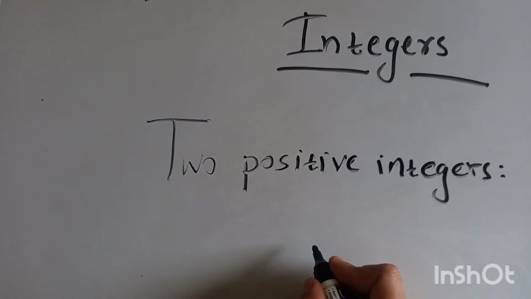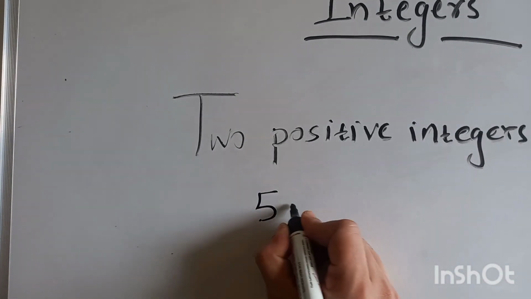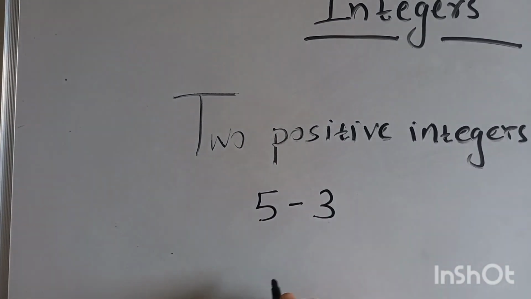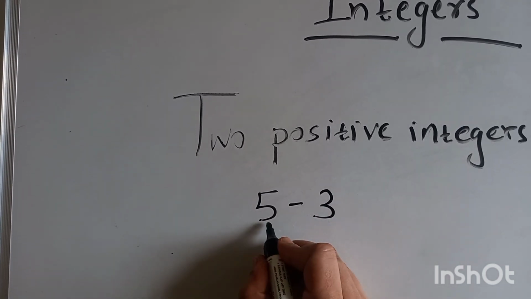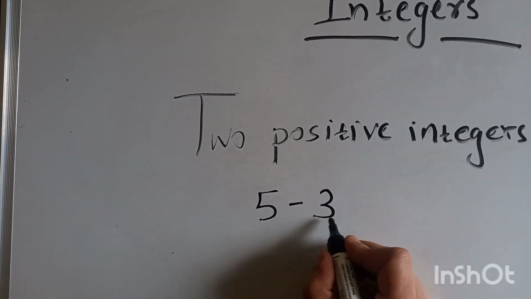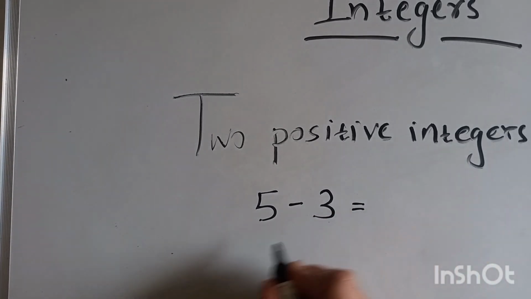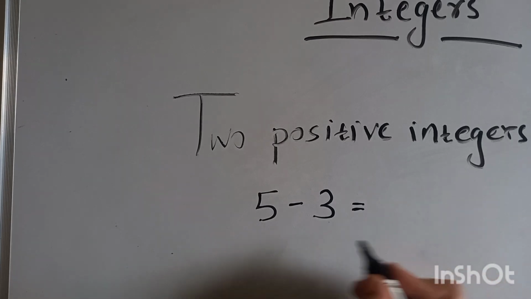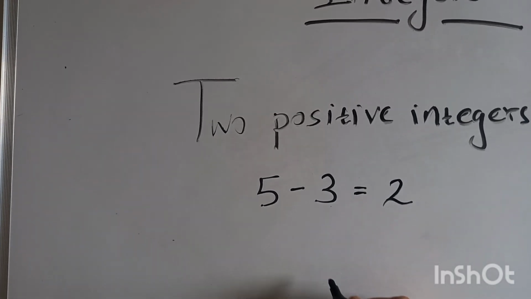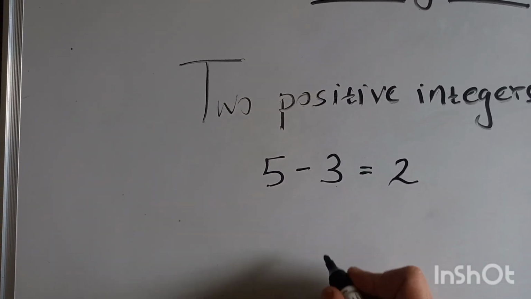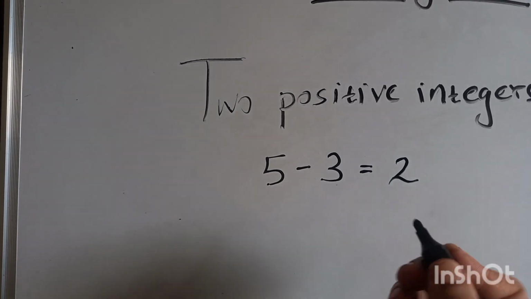Now, let's take two positive integers. Let it be 5 and 3. So, subtracting 5 minus 3, that is subtracting 3 from the number 5. It is easy because we are going to subtract the lesser number from the greater number. I think all of you will know that the answer is just 5 minus 3. Simple, the answer will be 2. There is no complication. Now, if you are subtracting a greater positive number from a lesser positive number,